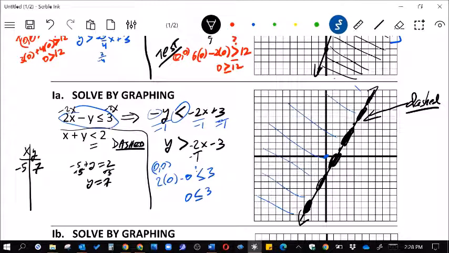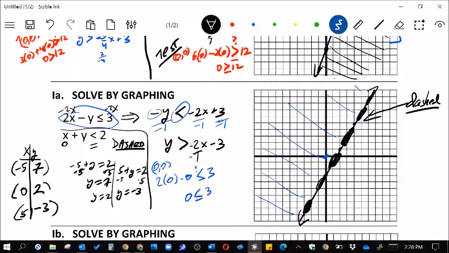Now let's do 0. If I put 0 in for x, that just gives me that y is equal to 2. Now let's do a positive 5. So that's going to be 5 plus y equals 2. And subtract 5, and y is equal to negative 3. So now that I have those points,